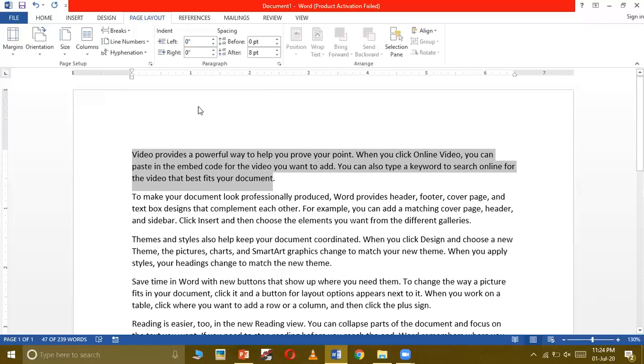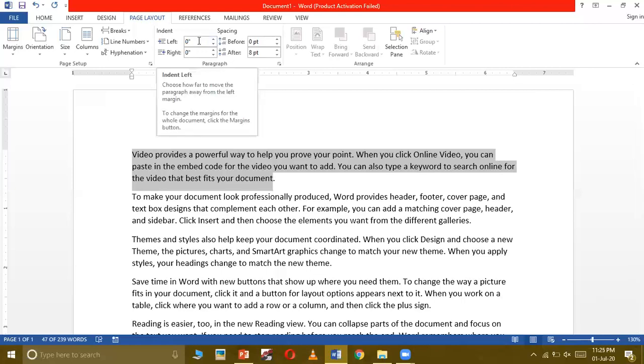Then in the page layout tab, you can see there is the paragraph group here. And in the paragraph group, you can see the indent option. The first one is the left indent and the second one is the right indent. Left indent option is used for increasing the space between the left margin and the text. And right indent option is used for increasing the space between the right margin and the text.